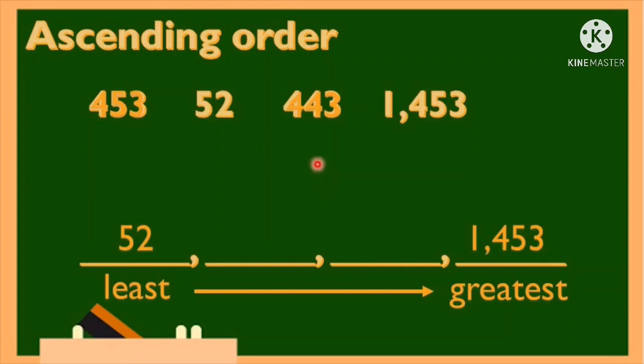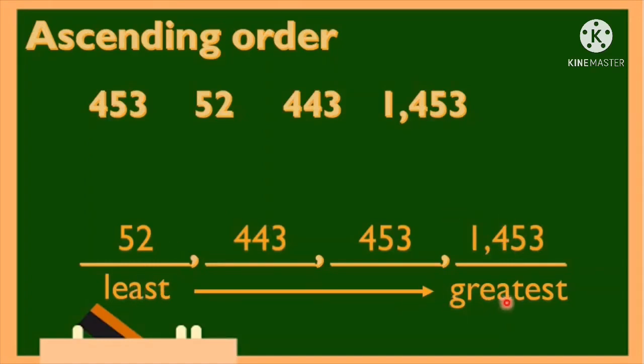5. Very good. So, where do I put 5? Is it beside 52 or beside 1453? Yes, it's beside 1453. And then the last number will be put on the right side of 52. Okay, so that is how we can order or arrange the numbers in ascending order from least to